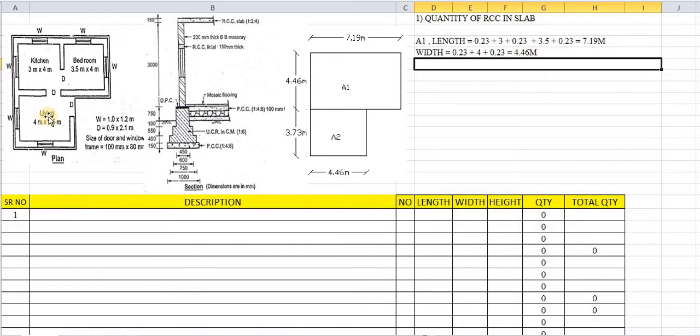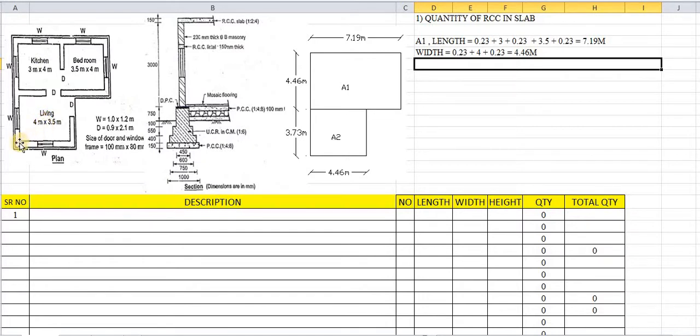Next we will give this figure, the living room, as A2. A2 is nothing but the area. We are denoting this living room area as A2 because it has a single room. For convenience, we have divided this figure into A1 and A2. You can divide the figure into A1, A2, A3 also, but as the lines are the same, we have taken this complete figure and denoted it as A1 and this small figure as A2.